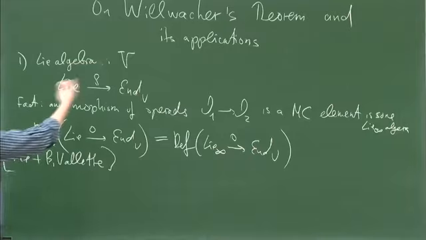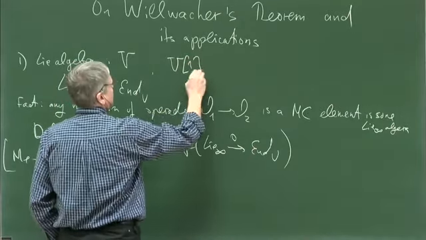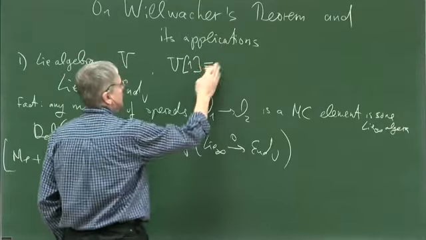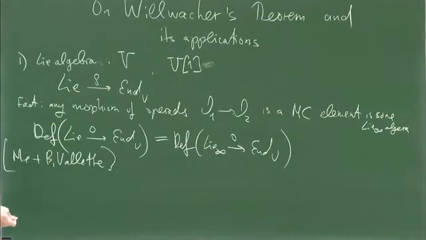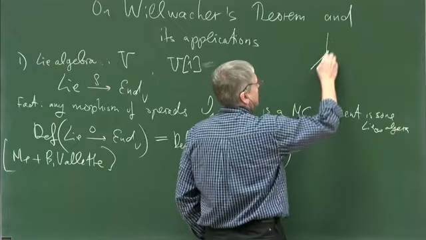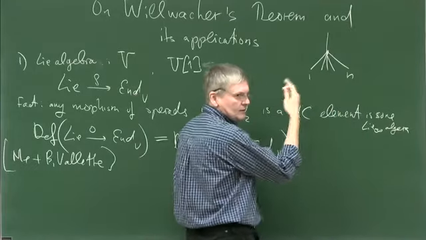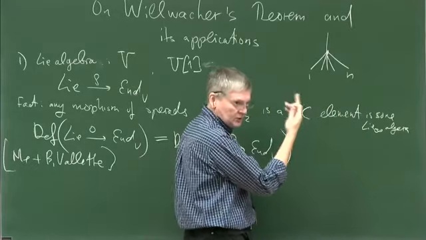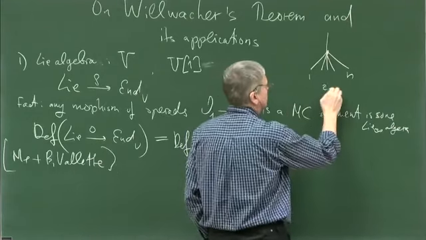In homological algebra, instead of the vector space V, we can work with the vector space V[1], a graded vector space with shifted degree, and so on. You can do similarly on operads. So Lie infinity is an operad which has n skew-symmetric inputs, for any n, of degree 2 minus n.